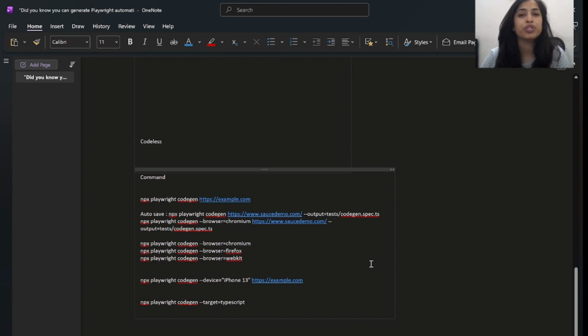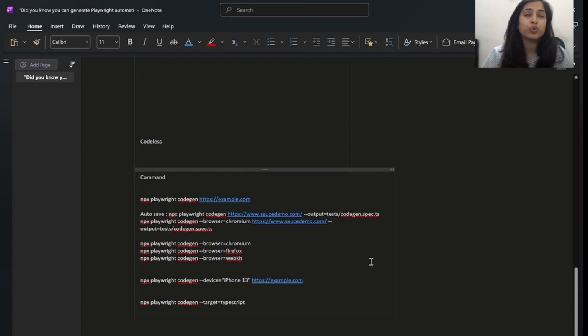So today we are going to learn how to use CodeGen with Playwright. This is really a very good feature of Playwright, where if someone has less experience in a programming language, that person can also write beautiful scripts with the help of CodeGen. It is also helpful for a person who is facing difficulties identifying locators, or for those aspirants as well, right?